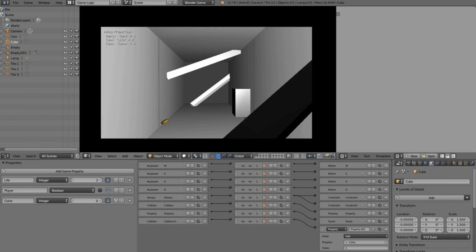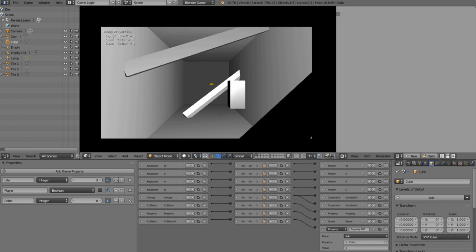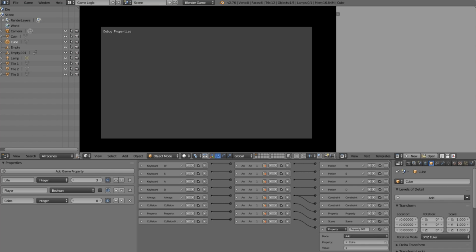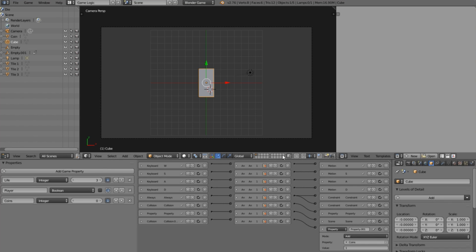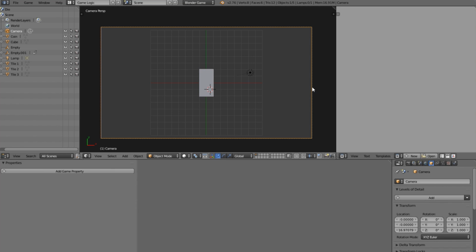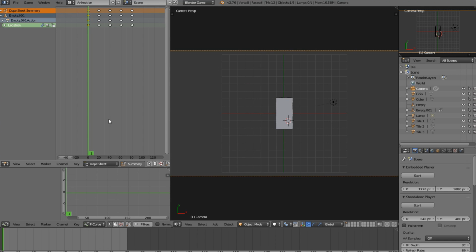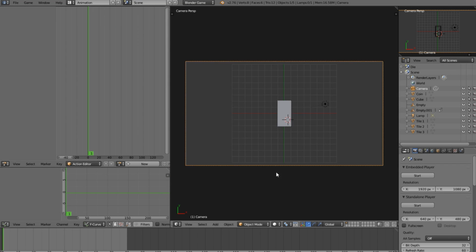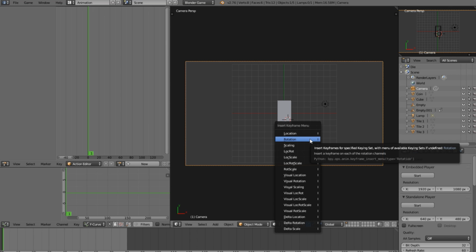So that's all great. One thing I want to add though, is when we collide with this object, when we're losing life, I kind of want the camera to shake, because I really think it gives it a nice effect. It's not just like you're going through it, it's like you know you hit something. So the way we can do that is we can come over to animation, and we can change this from dope sheet to action editor, and let's select our camera, and we can go